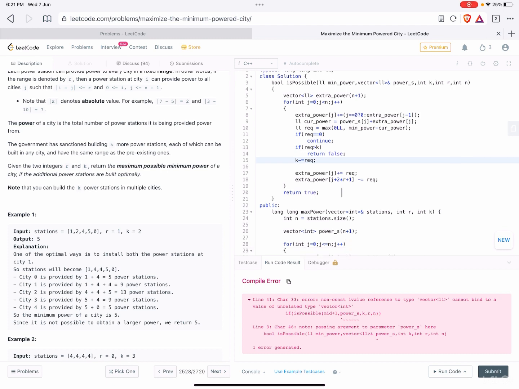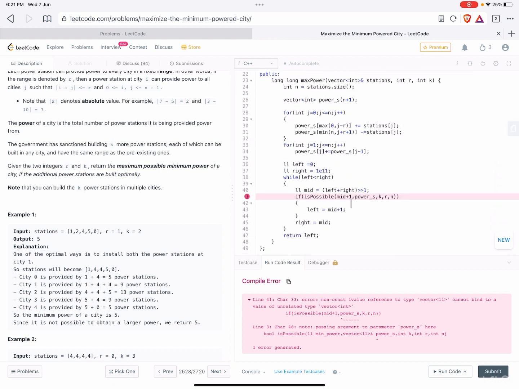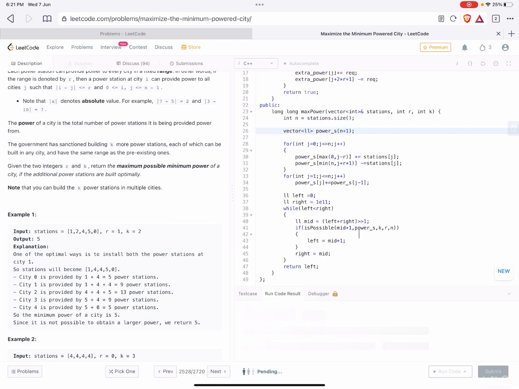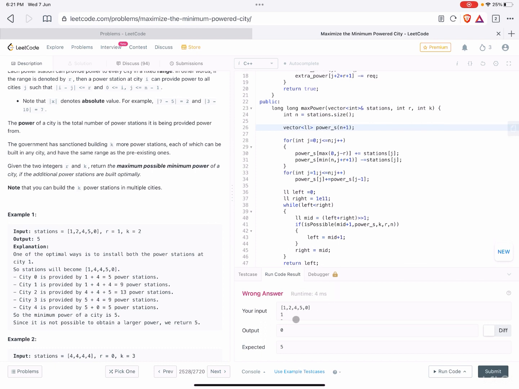In isPossible, mid plus 1 comma power, this should also be long long. It is giving a wrong answer.